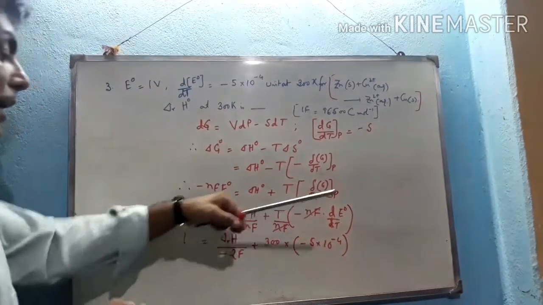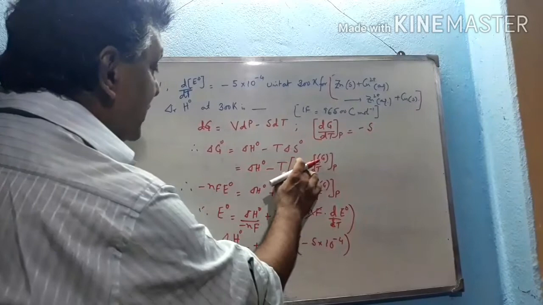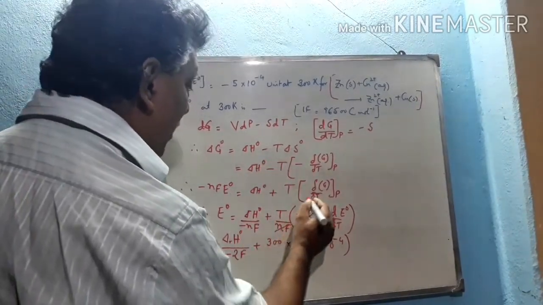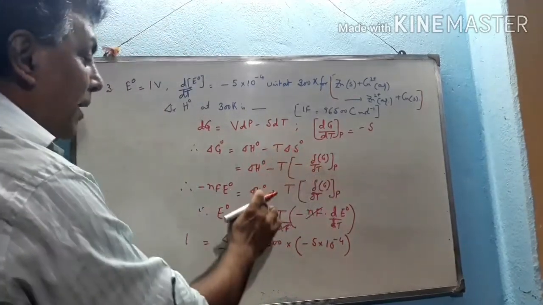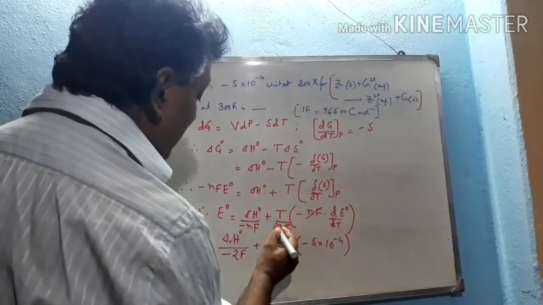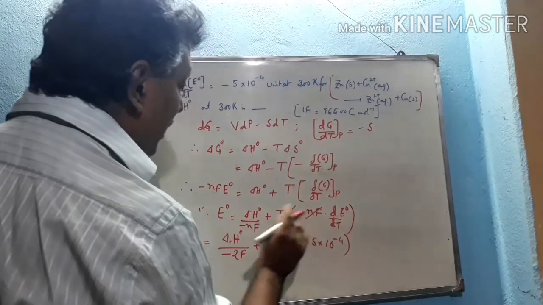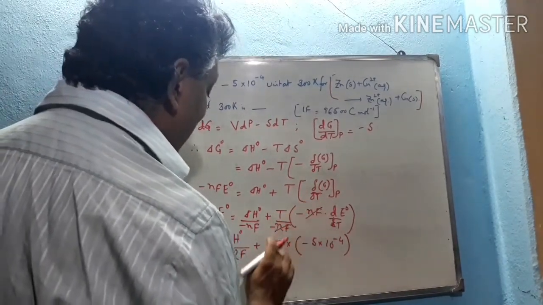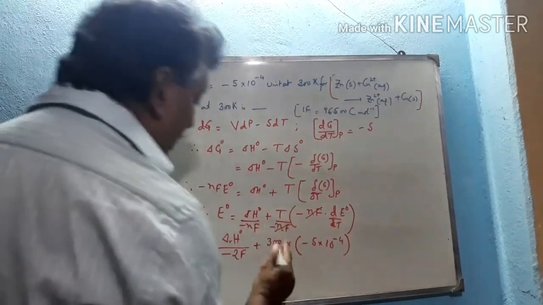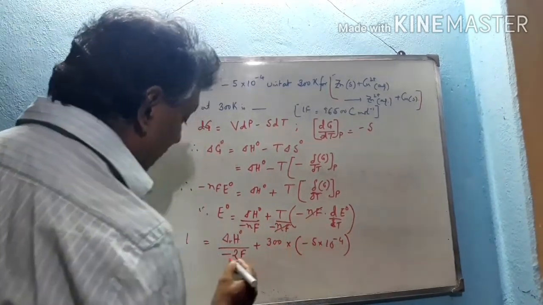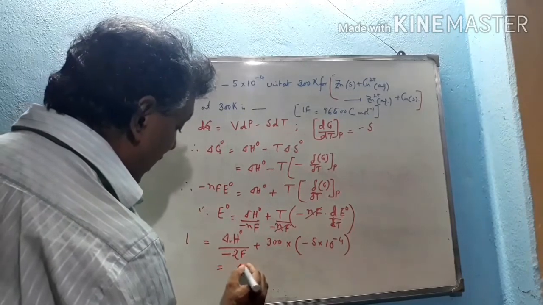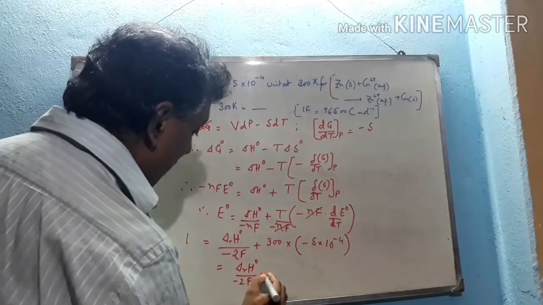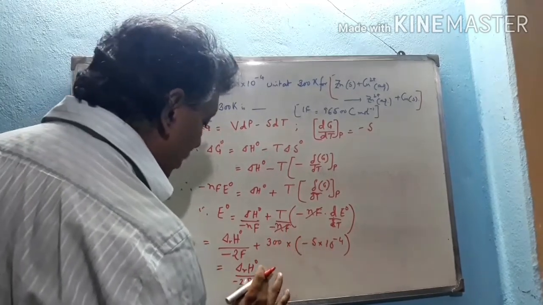This is the expression for ∂E0/∂T, because this is multiplied by the minus sign and again multiplied by the minus nF. So this will be multiplied by the minus sign, this will be plus. Again when it is divided by the minus sign, this also contains a minus part, so this minus will be cancelled, so this will be positive. So 300 into minus 5, this will be equal to ΔH0 of the reaction divided by minus 2F plus 300 into this, which will be negative.